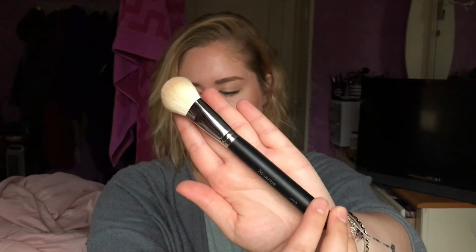I know I'm jumping around here between eyes and face and whatnot, but this next brush is the M523. Looks like this. And I got this to use for contouring. I haven't really been contouring lately because I haven't been wearing such a full on glam heavy face